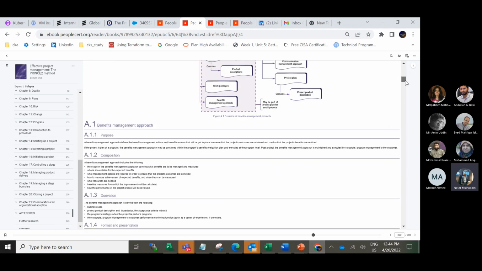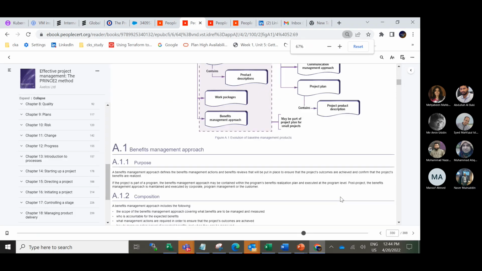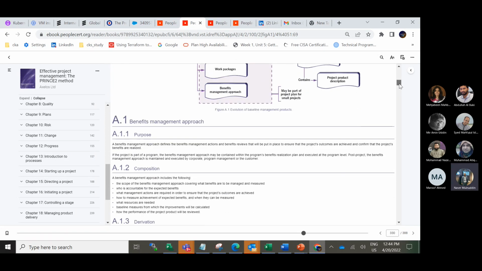I'm giving one example here: a lot of documents for each of the management stages, for example the benefit management approach.